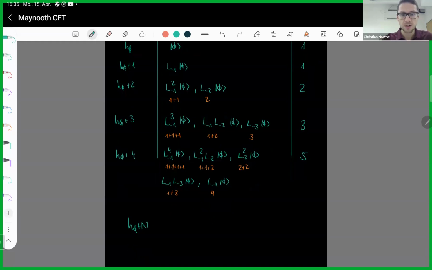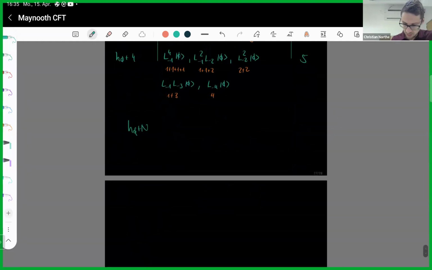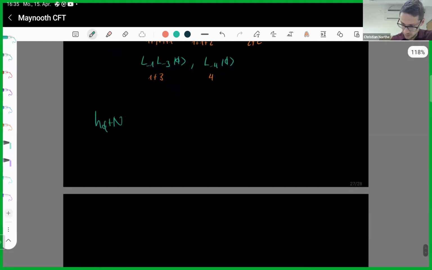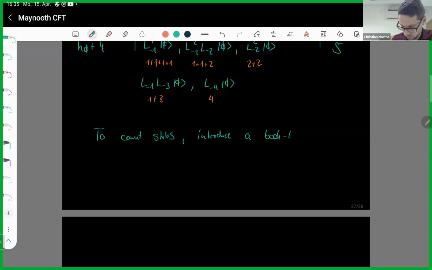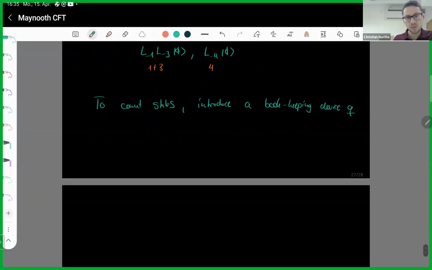So if I really want to count at each level, that's the last thing, so now I'm really running over time. To count states, introduce a bookkeeping device. A bookkeeping device, and this is just going to be q, just some complex number, but it's not going to be so important for now. For now, we can just conclude that states are being counted by